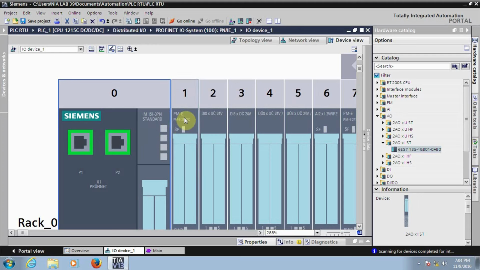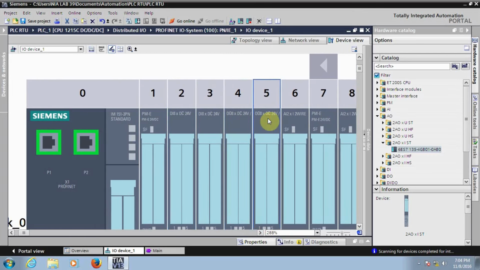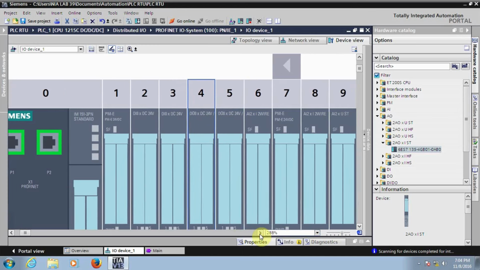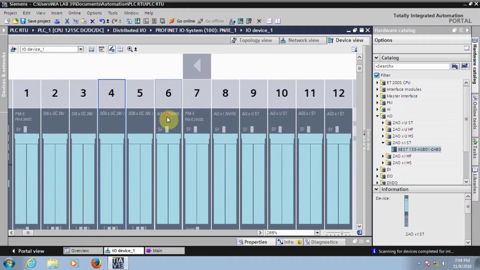You can cross check once again. The first module is a power module, and two digital inputs of 8 channels each, so both together 16 channels. Then 16 digital outputs with 2 modules, each module with 8 channels. Then followed by a total of 8 analog inputs. As I said, 8 analog inputs, 2 modules of current. So 2 modules with 2 channels each, so 2 plus 2, 4 channels of current, and another 2